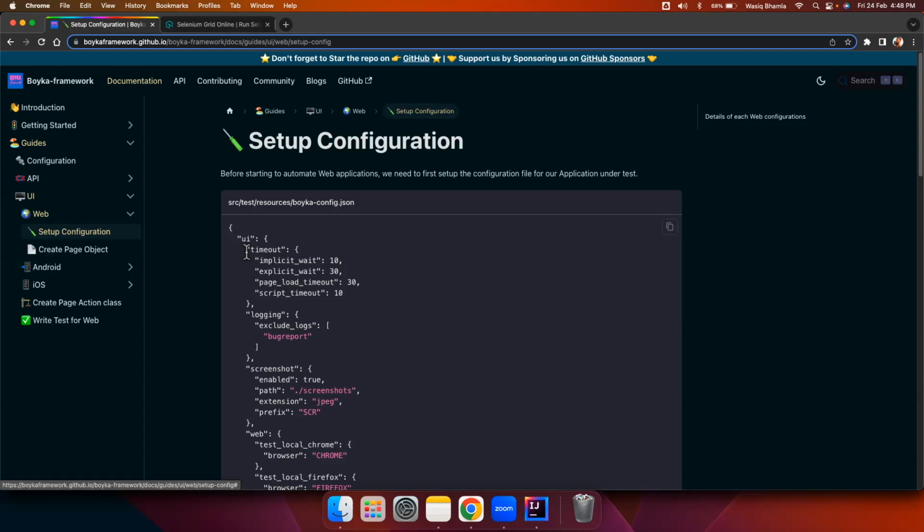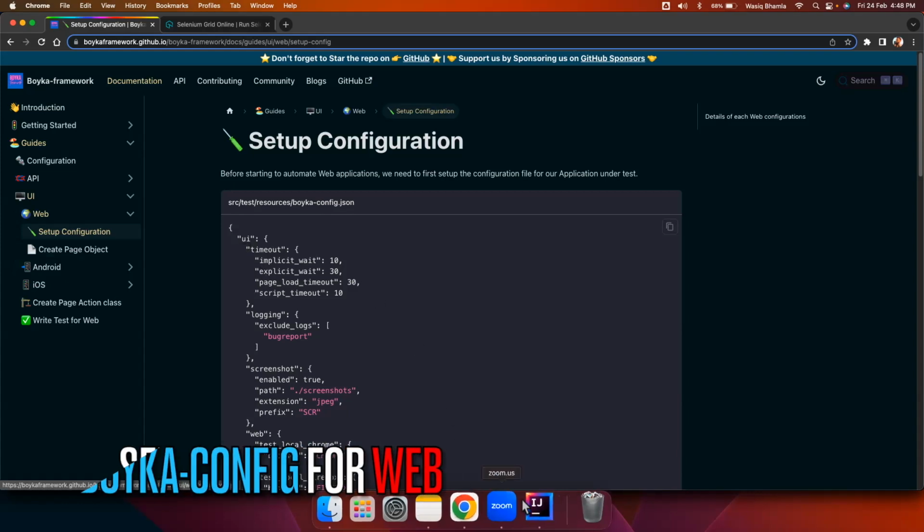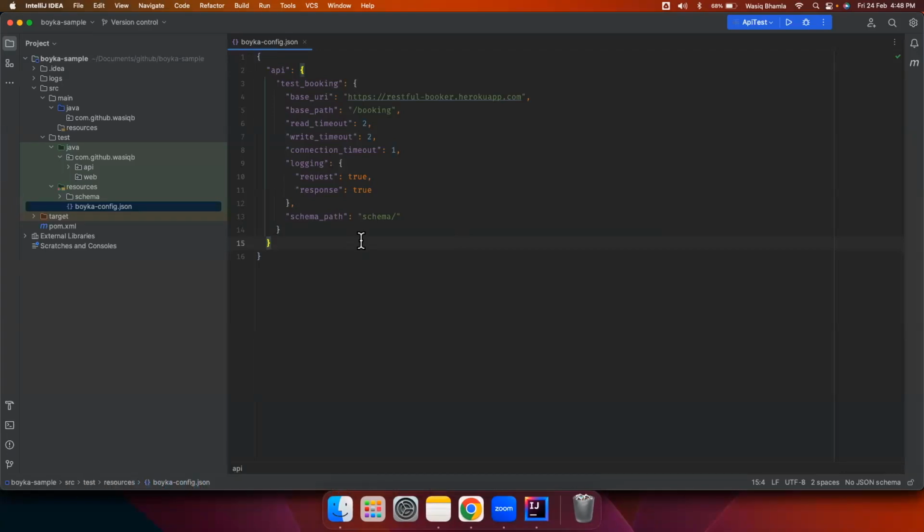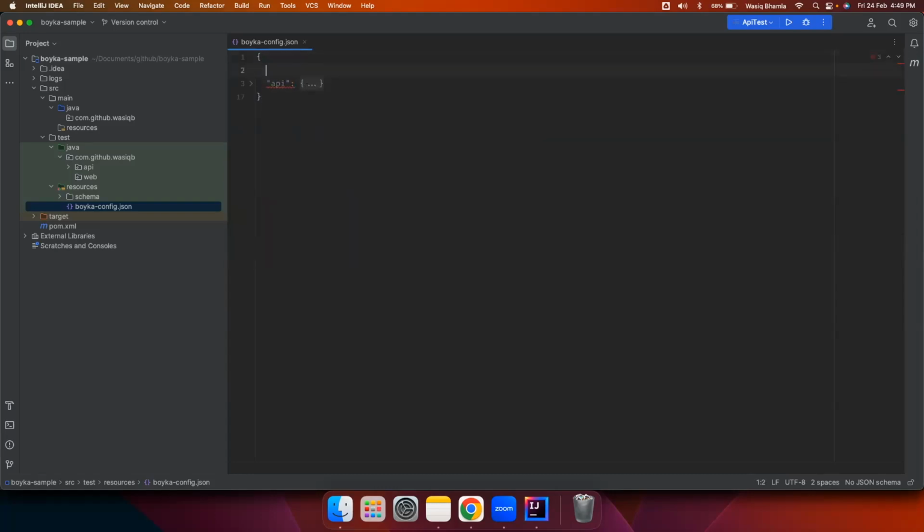We have created a sample project in our last video where we had seen how we can automate API. So we'll use the same project and automate the web flow. In this, we'll add one more block called UI,